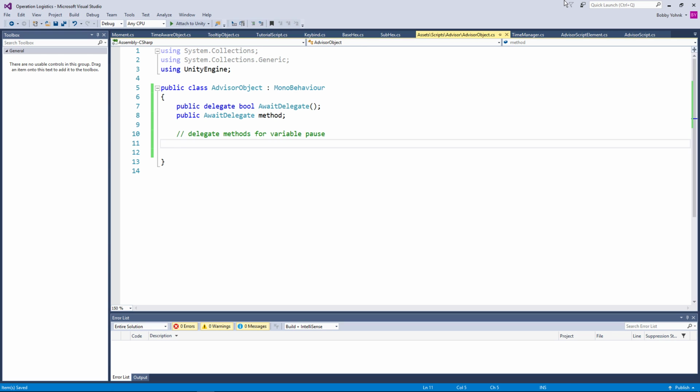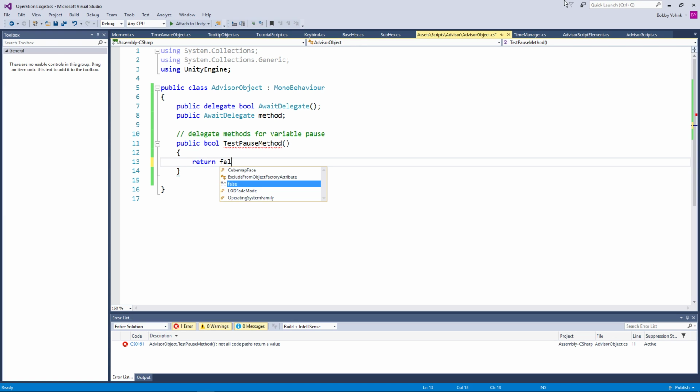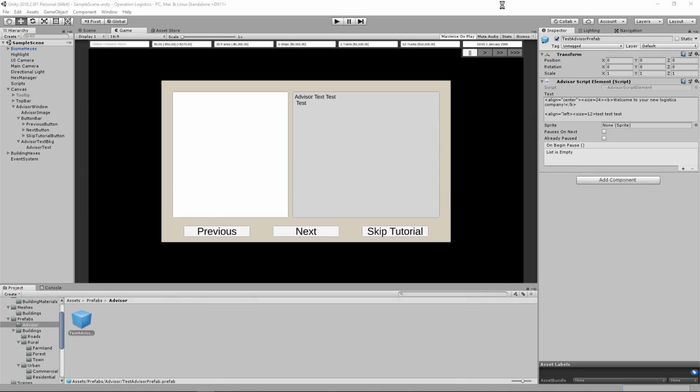But for right now, we will say something along the lines of public bool test pause method. We're not going to pass anything in for right now. So all this is going to do is return false. Okay. So let's go ahead and let that compile up. We'll have this pause on next. And we'll just have this say,